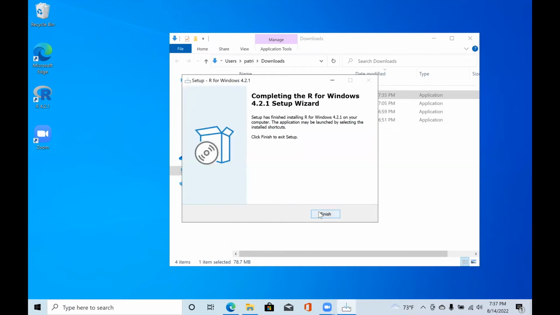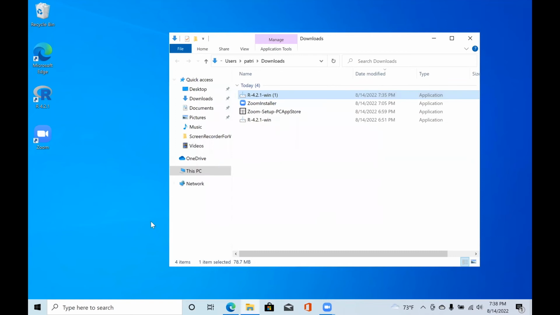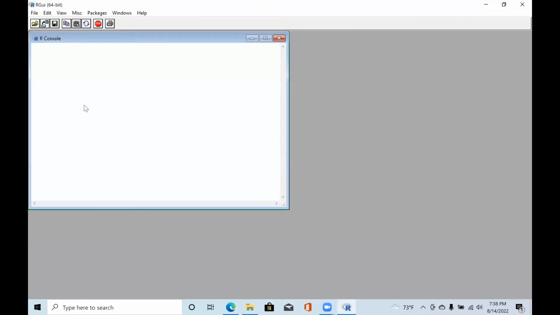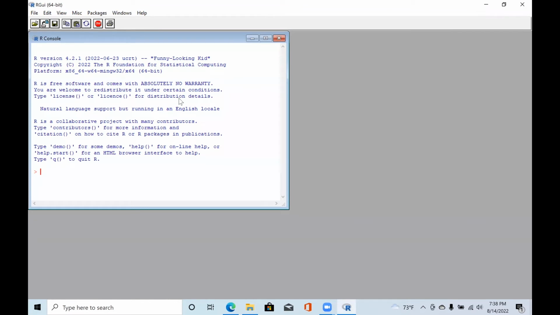Great. So we can go ahead and click finish here. And now this should appear on your desktop. It's the R with the little gray circle around it. And this here refers to R, the language. And so you'll notice here that we are able to use R fully